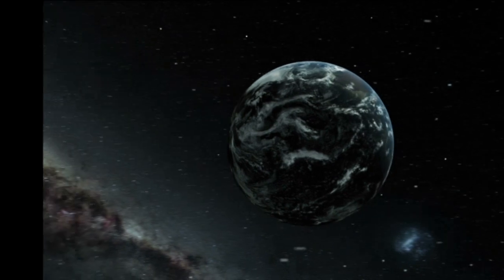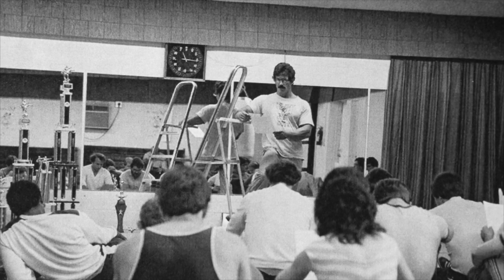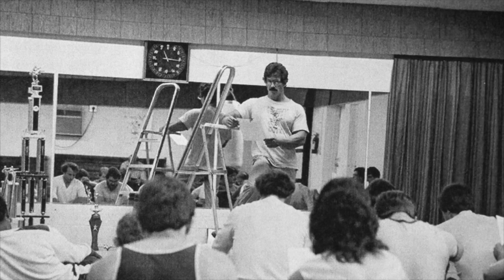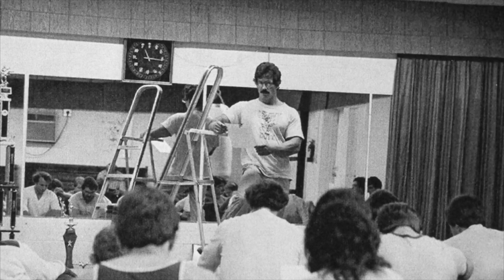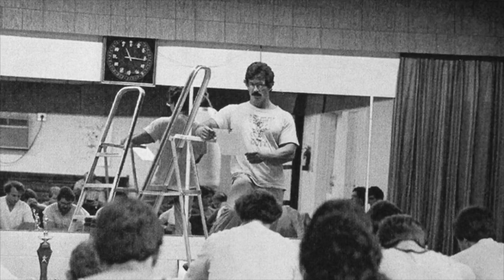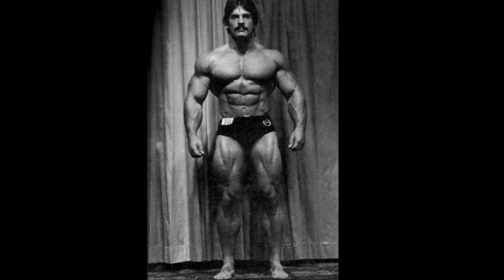Let's say, again hypothetically, that everyone in this room is going to return in a year. Next November 15th, we're all going to be 10 pounds of muscle heavier. How much food will we have to eat to gain 10 pounds of pure muscle without adding any fat? Well, first of all, you've got to recognize that 1 pound of muscle tissue